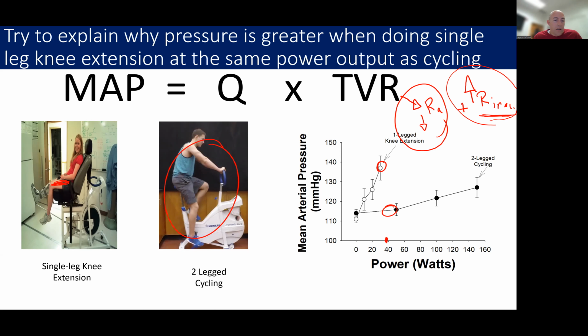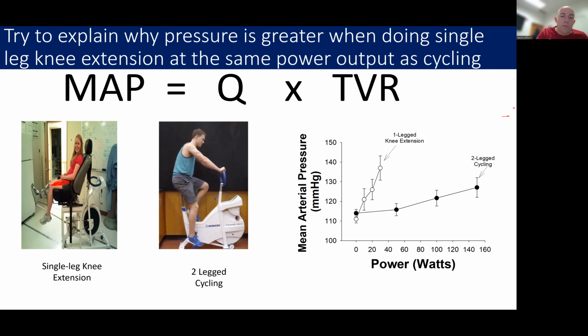So single leg exercise or single arm exercise can drive up blood pressure a lot higher for a given power output than if you distribute that across multiple muscle beds. Because then if you're using multiple muscles, you're dilating multiple vascular beds and you're dropping the total vascular resistance. Now, it's for this reason